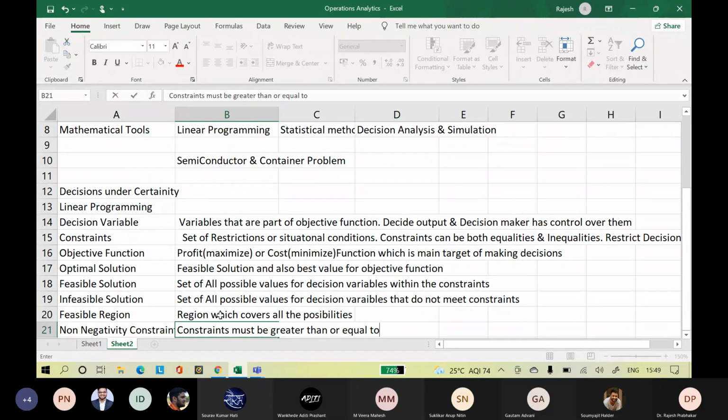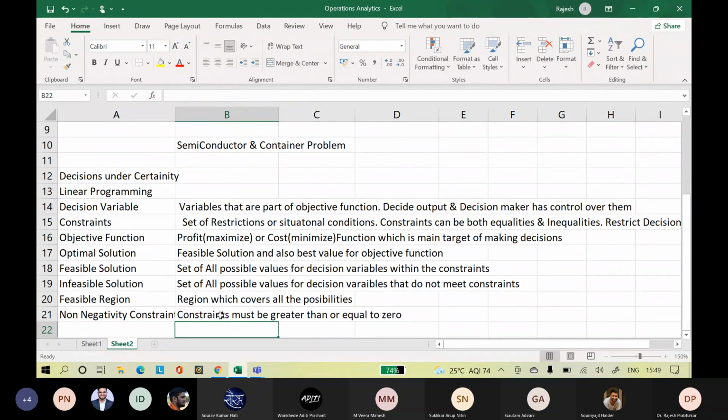You cannot have negative values. Got it, participants? So these are the important things you need to understand when talking about linear programming, which is used when you're making decisions under certainty. These are the key terms which you will come across.